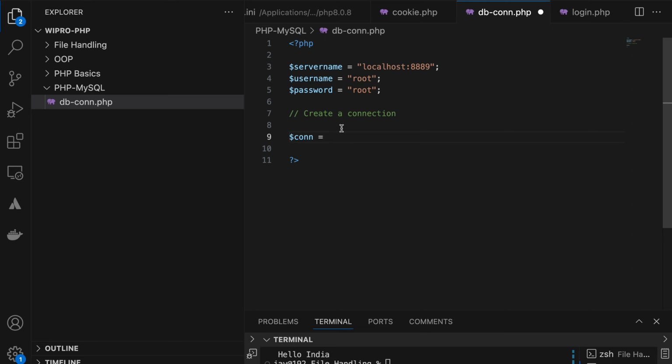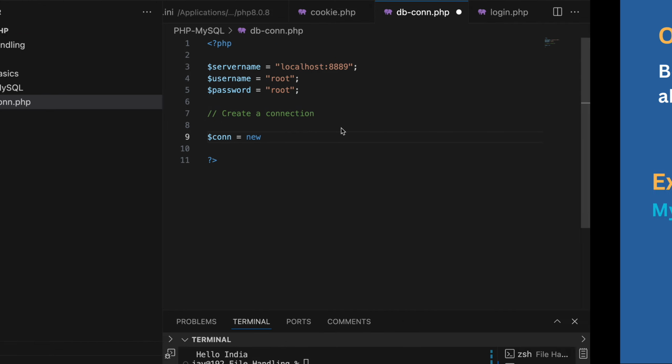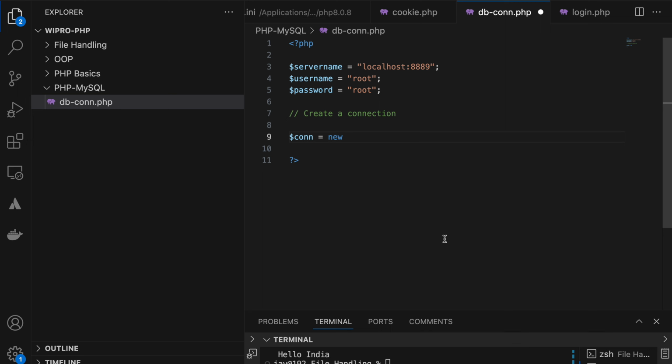If you are using the object oriented method of MySQLi, you have to create an object of connection, and the class is MySQLi. What values do I have to pass? Server name, then username, then password, right? Okay.